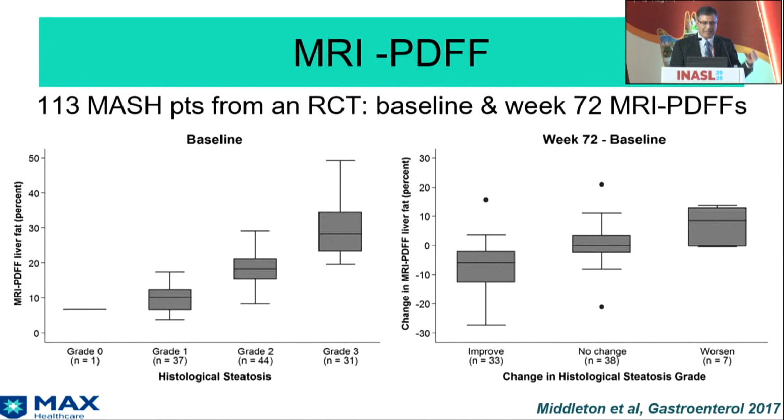Right. So it does give us a semi-quantitative estimate, but we have to be very careful because the reliability of the CAP value in the FibroScan is slightly lower than the LSM values. If we really want to monitor how the fat is behaving in the liver, whether it's increasing or decreasing, I think the gold standard is MRI-PDFF, and that has been demonstrated by a number of studies. For example, this one shows that it is not only easy to discriminate between all grades of steatosis, but also during follow-up it is good even in discriminating whether the fat has reduced or not, or it has increased. Especially what we have learned about targeting fat alone when we start at the base of the pyramid.